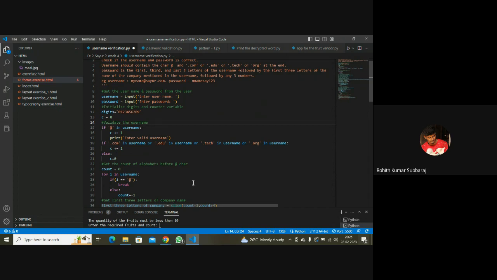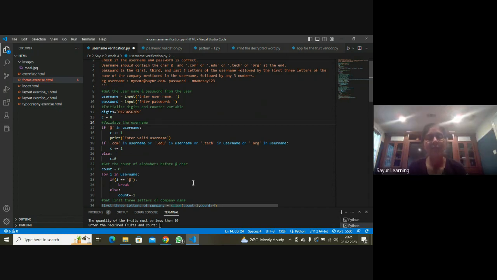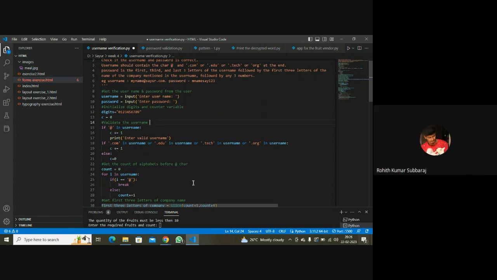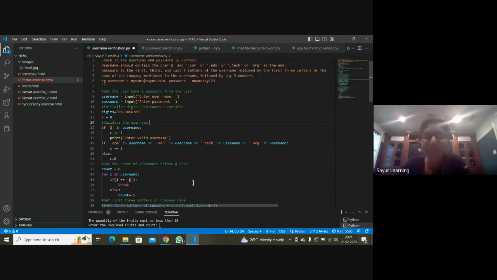But on the print statement, line 17, you are saying print enter valid username. Is that the right thing to do? What would you print? At symbol. I'm sorry, I kept saying ampersand. It's at symbol. So you have to say enter a valid username with at symbol, or whatever is missing, right?